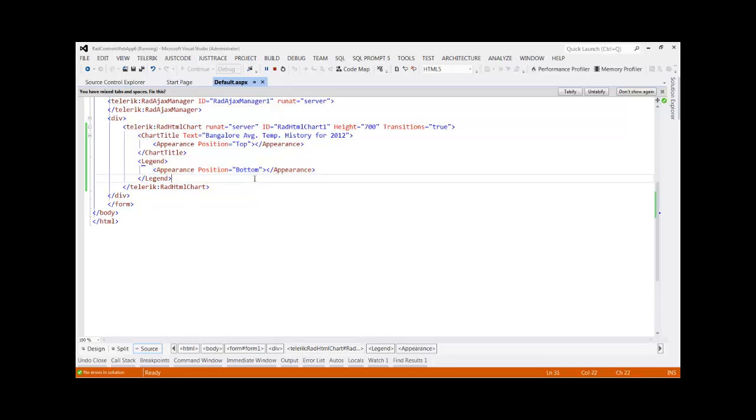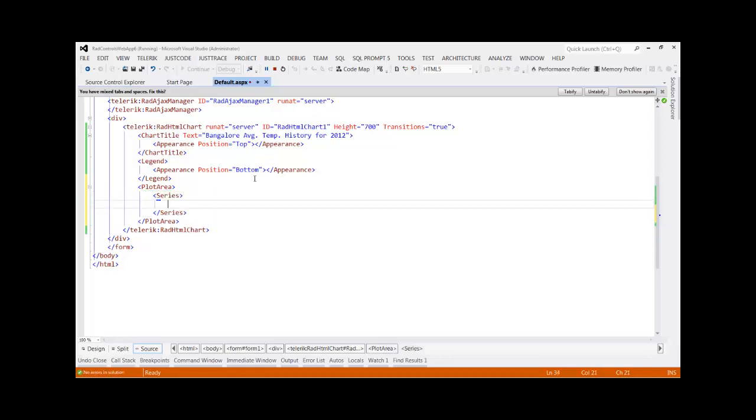What next? In order for the chart to be actually plotted, we need to provide the plot area. Within the plot area, all you need to do is first say we need a series. Let's start with a basic series, which is, I'll just take the column series. I'll give it a name. This is actually the average temperature series,